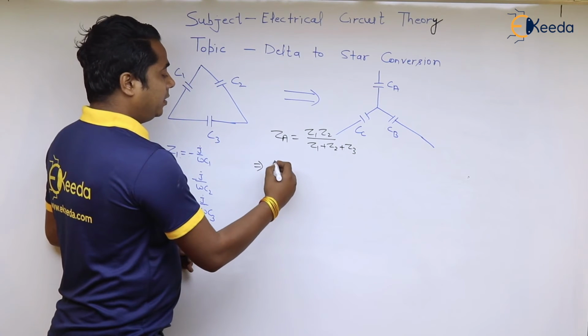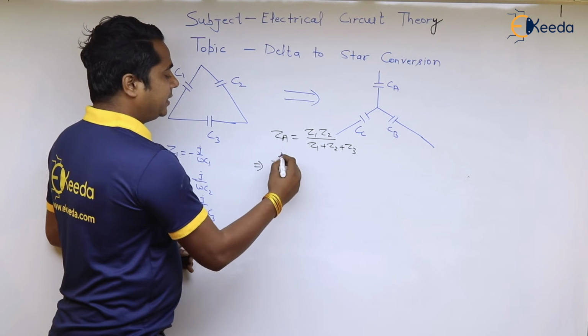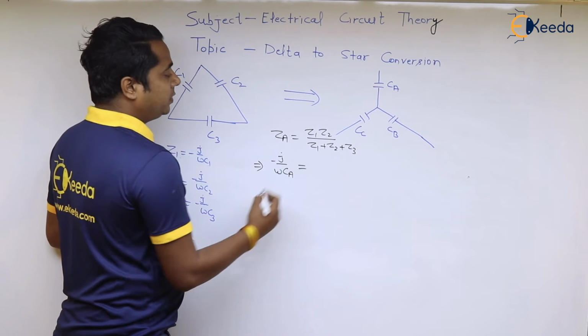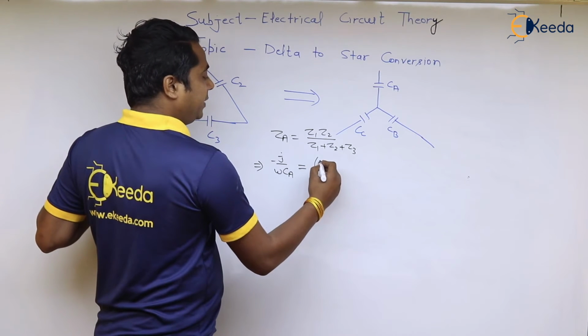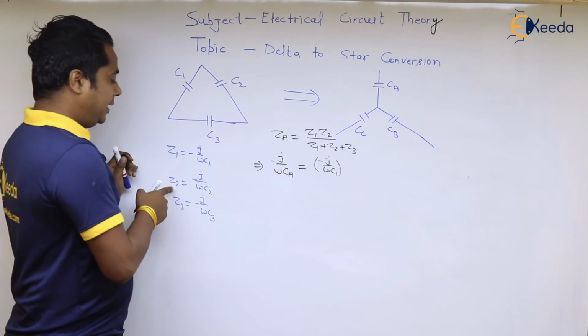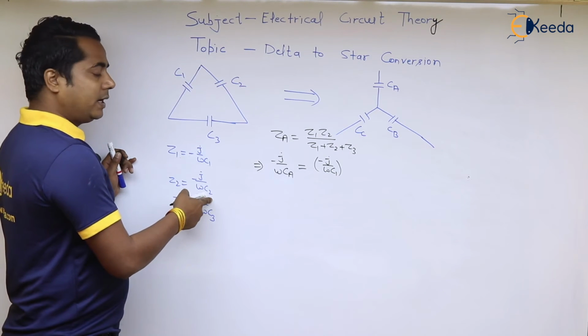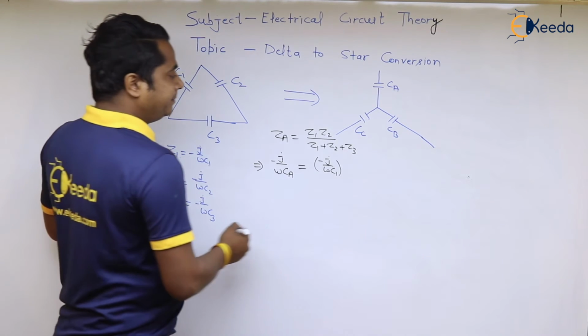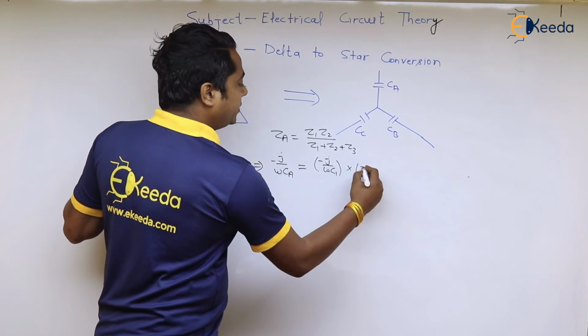We can write ZA is equal to minus j upon omega CA is equal to, Z1 will be equal to minus j upon omega C1, Z2 will be equal to minus j upon omega C2 and Z3 will be equal to minus j upon omega C3. Putting all these values,